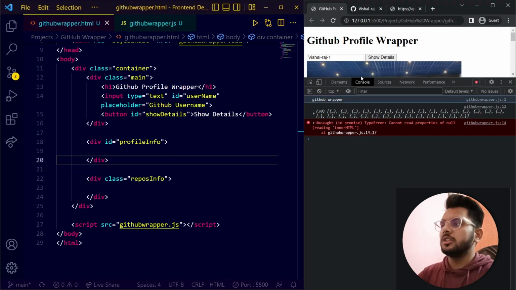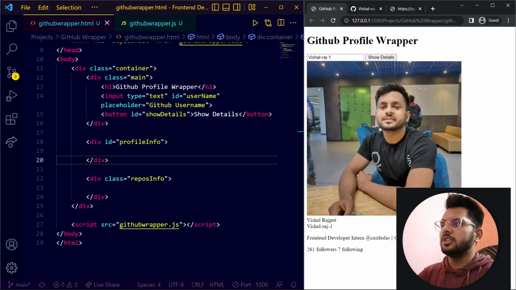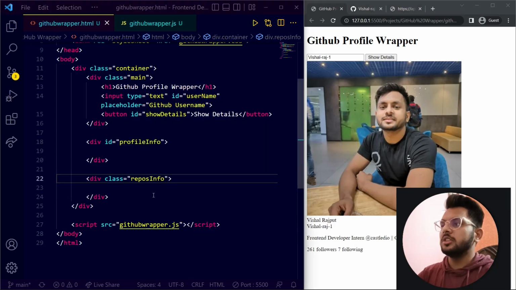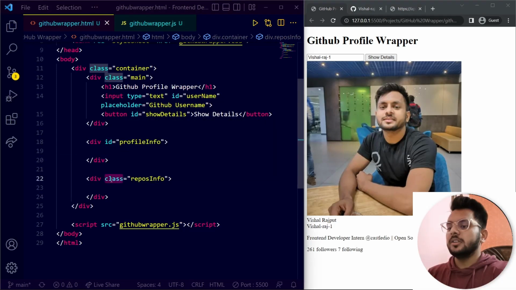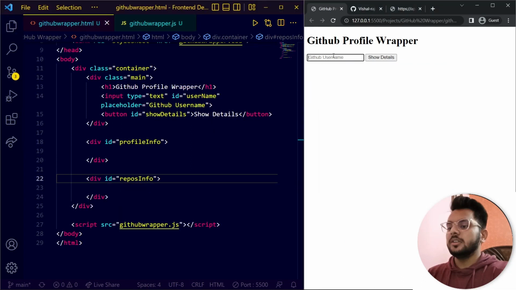So let me just find why it's not showing. Okay, there is no project response to us. The reason is this is a class and I have written ID. So what I have to do is make this ID. Now let's see if it works or not. I have made this ID